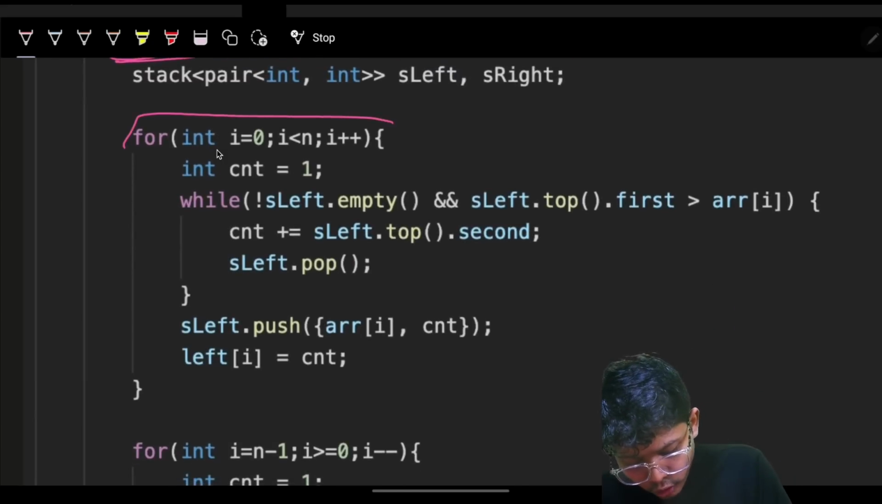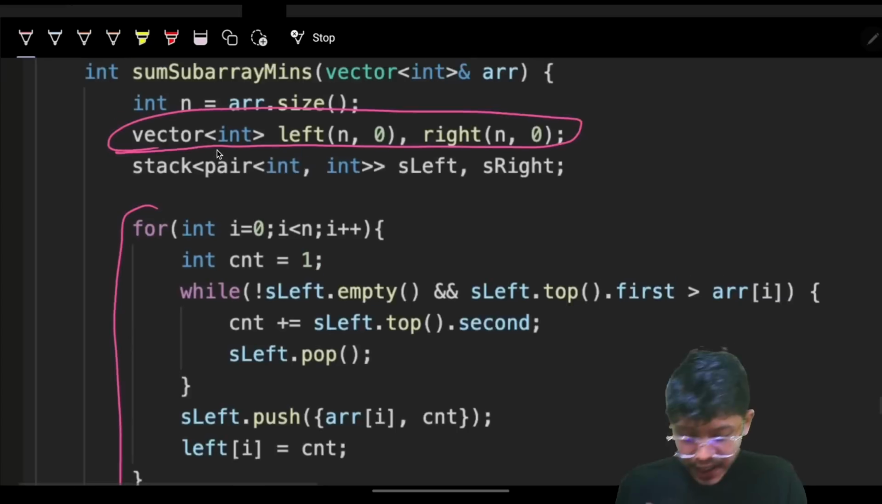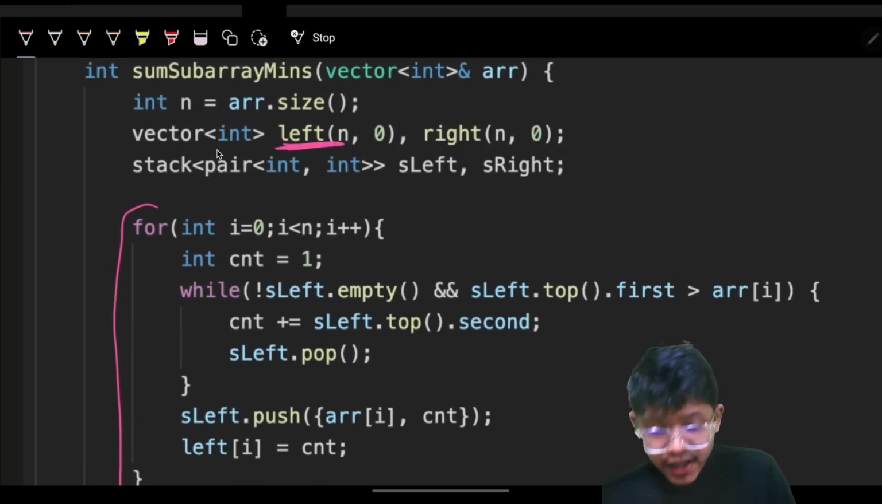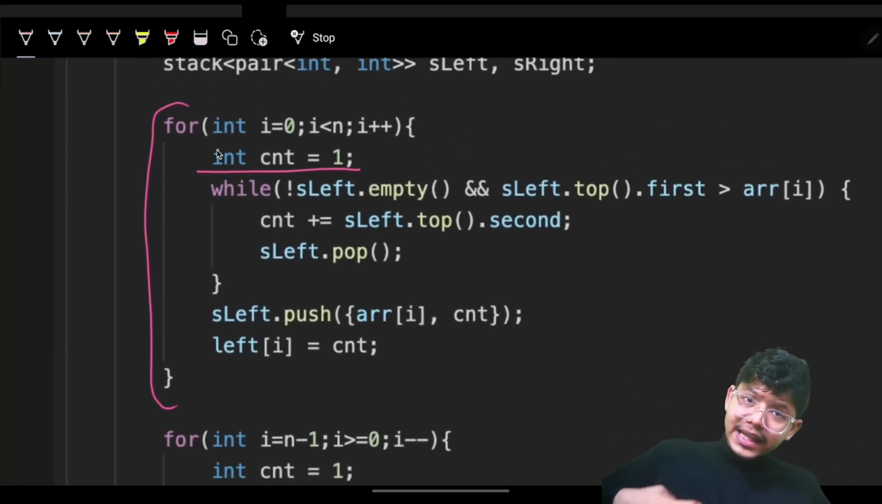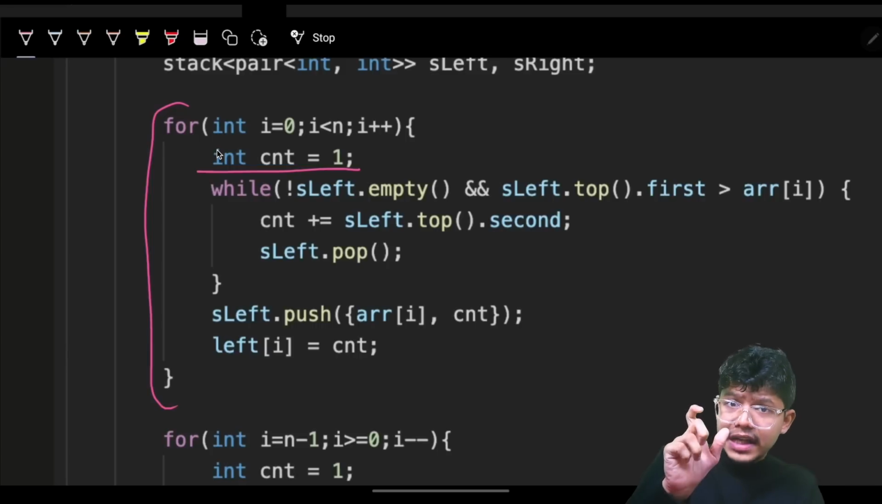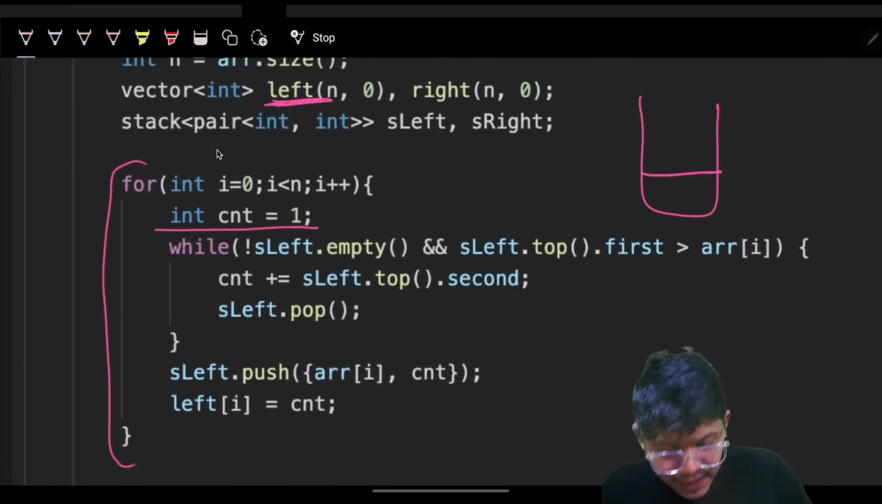Now I'll go through all the elements of the array and try to build my left array. Pre-computing again. So firstly, for every element, it will always be there as the count. Now, if my stack is not empty,